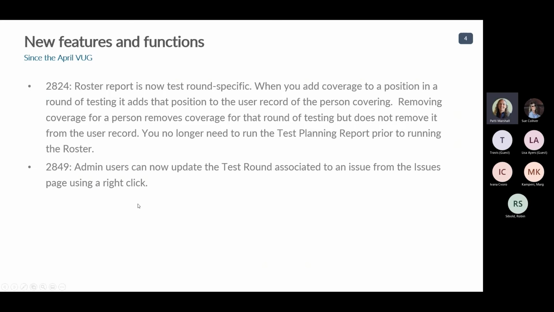The other thing that we added was just to clear up a little bit of an annoyance, which is if somebody accidentally logged an issue at the organization level as opposed to attaching it to a test round, then there didn't used to be a way to go in and change it to be associated to that test round. So, especially if it was a blocker in that test round that you were following, you would have to go a couple of places. Now, if you're the admin, you can go in and associate it after the fact. And I think those are all of the